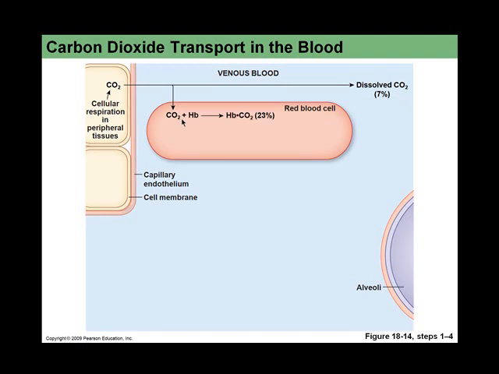And of course, 93% is going to get into the red blood cell somehow. CO2 bound as carbaminohemoglobin is 23%. Then the remainder of the 93, I guess would be the 70, is going to be acted on